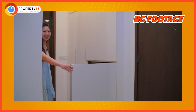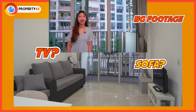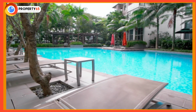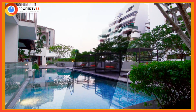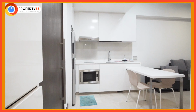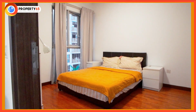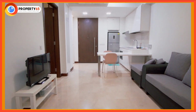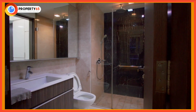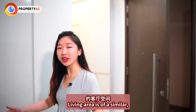Give you a very good TV to sofa distance. Entering the unit, you will never expect this 1+ study living area is of a